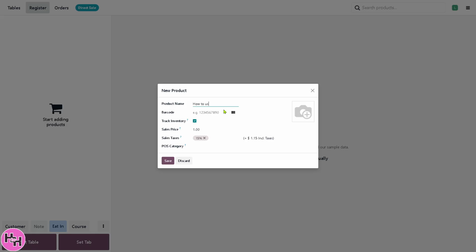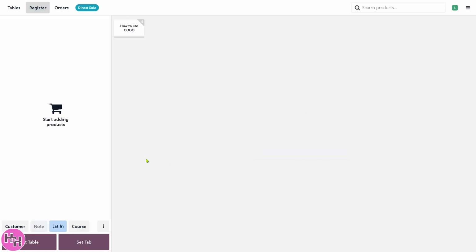You can fill in the barcode, you can put in the photo for that and click the save button. So we have created our first product. Now the course, these are all highly customizable, so you can work offline and it syncs with inventory when